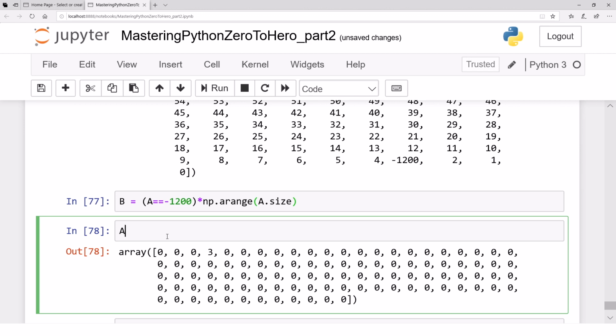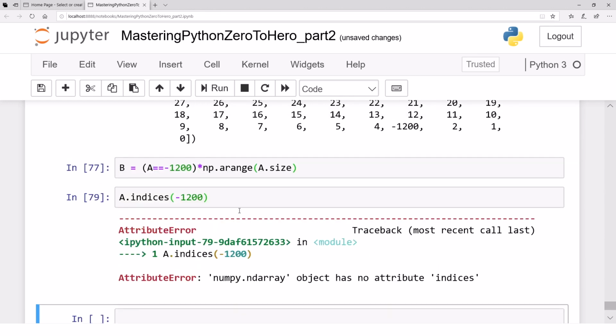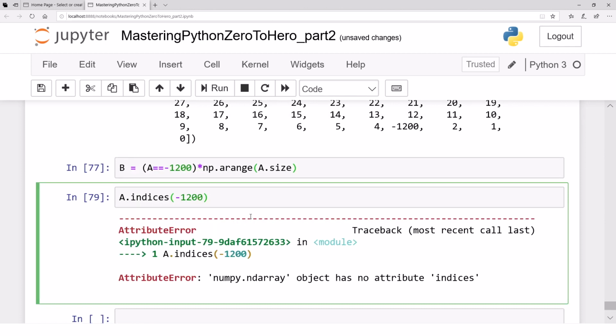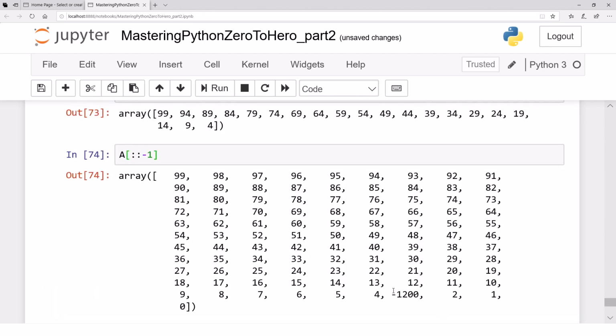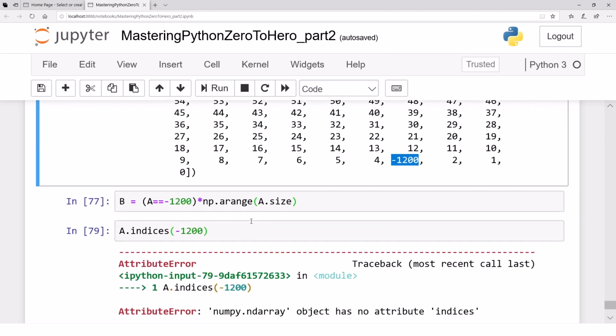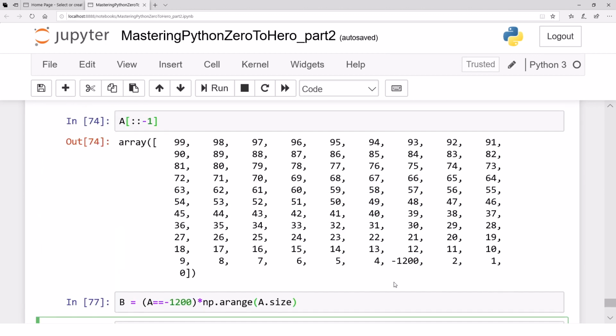Can I call a dot indices and just give -1200 and everything just works out? No, there is an error. Oh, I'm lost here. Literally, I'm lost here. I need to know how to find out the index where this particular element -1200 lies. So that's a question for you as well. I'm also lost. So let's see you in the next video